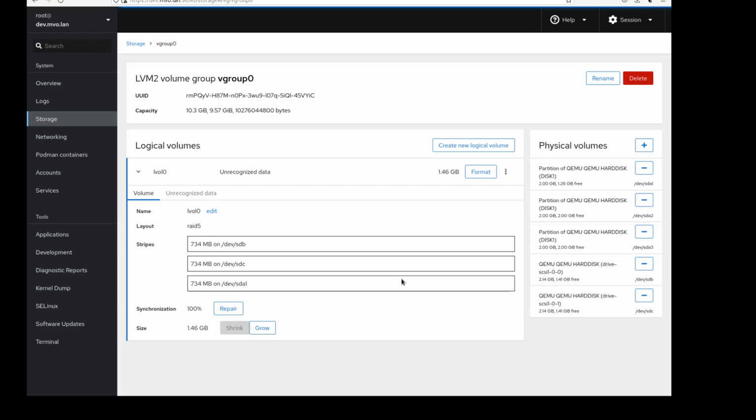Yeah, so I think that's about it. What we want to achieve, we want to show the stripes, where they are, on which physical volumes, and we want to give the user the opportunity to repair whatever is missing, and also explain much better than it is done here in the demo what is actually going on